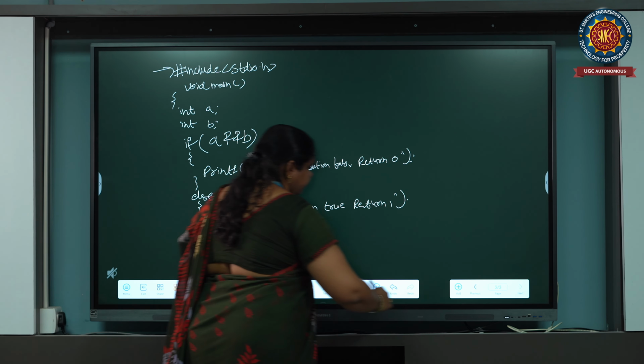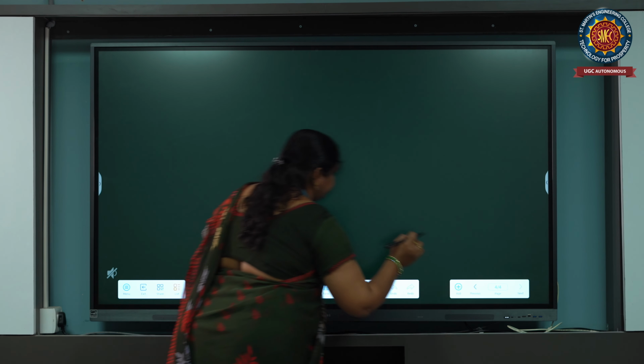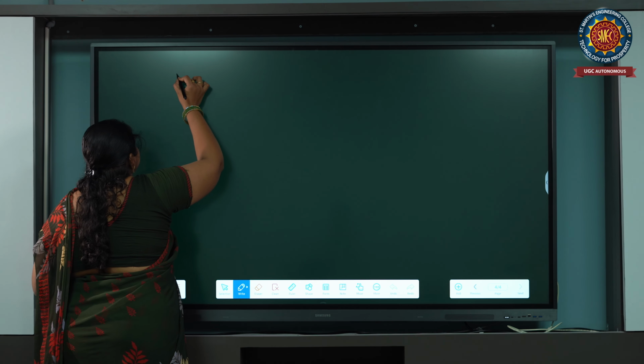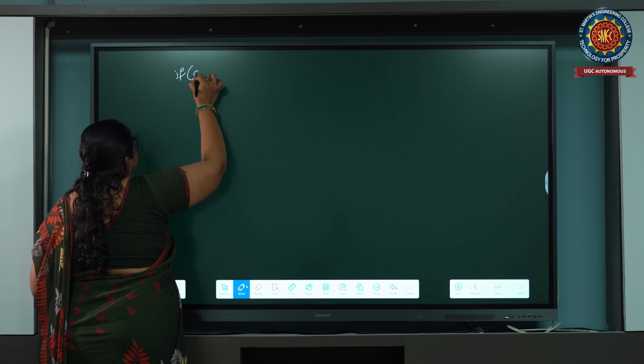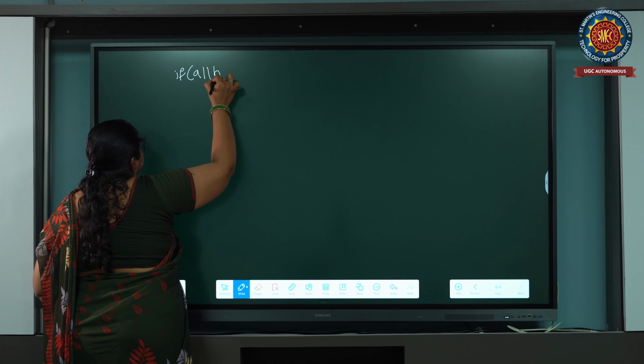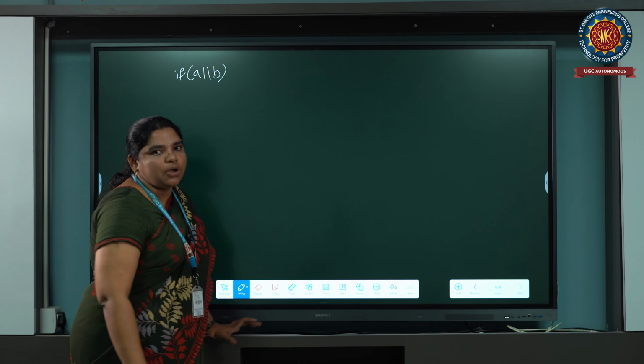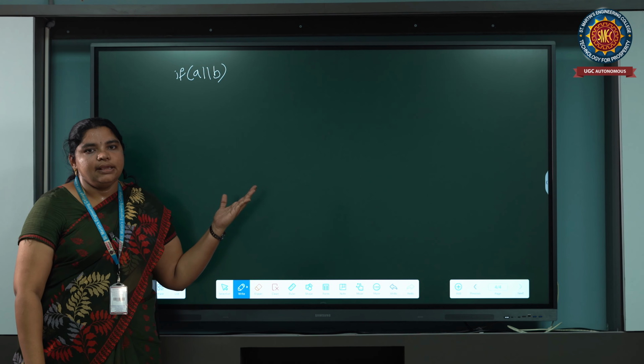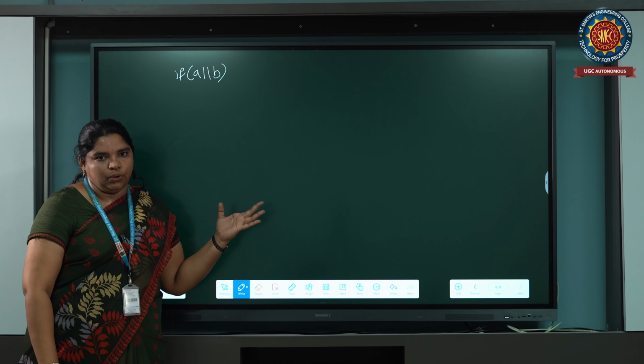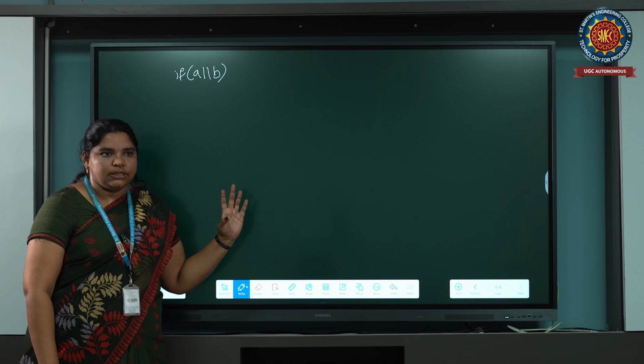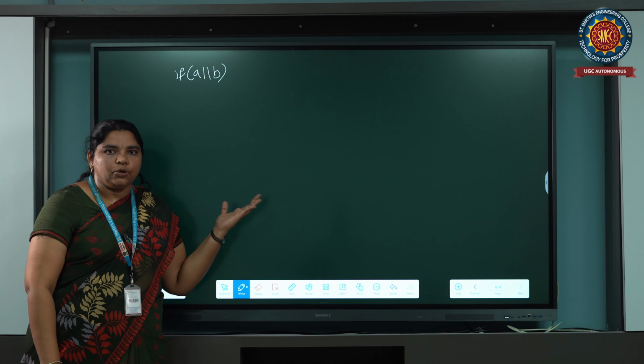It is nothing but if OR. What does it indicate? For example, one condition is true and the B condition is false, then it can print the true statement.